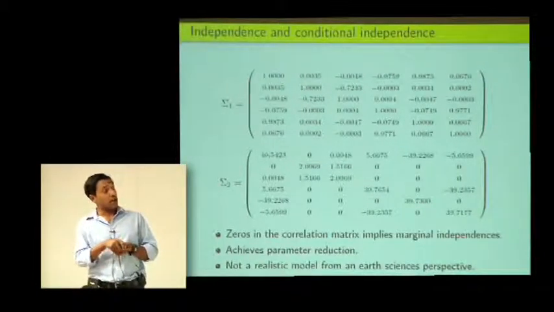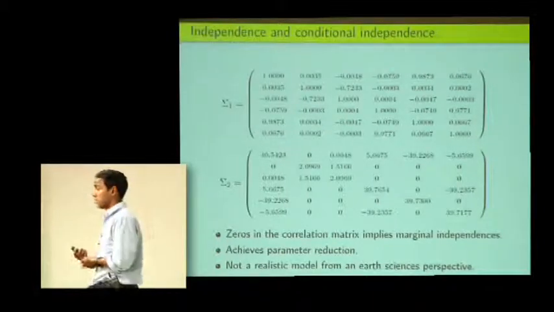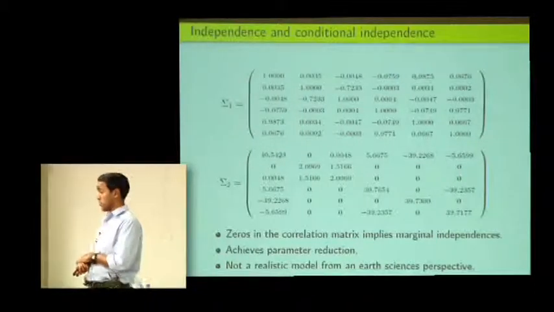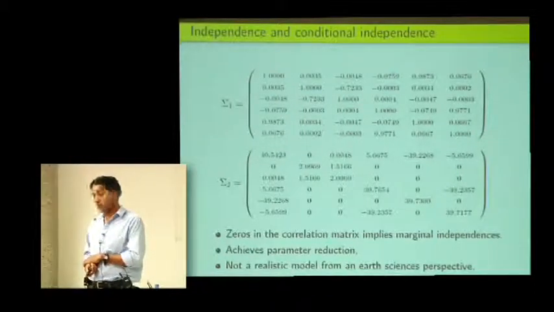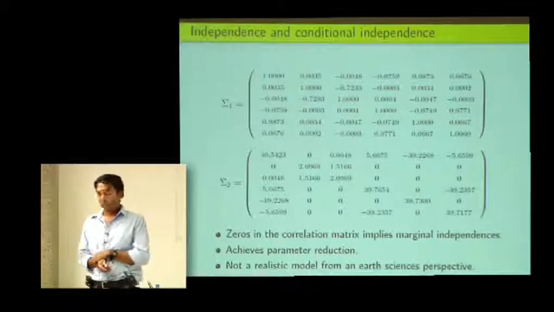The zeros imply marginal independencies if you have a Gaussian distribution. Of course, it does not imply marginal independencies if you do not have a Gaussian distribution. It means that just your linear relationship is zero, right? You have linear dependencies. This achieves parameter reduction, but as I said, it's not realistic from an earth sciences